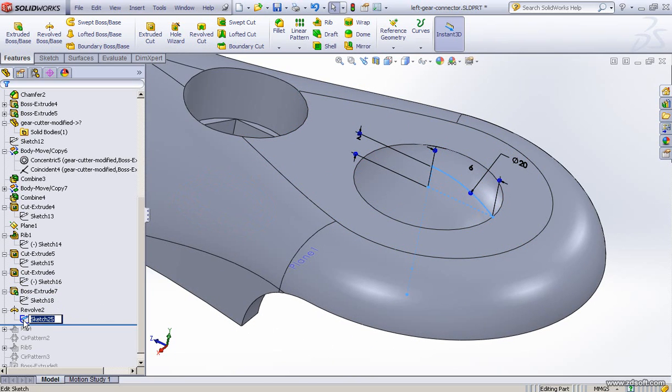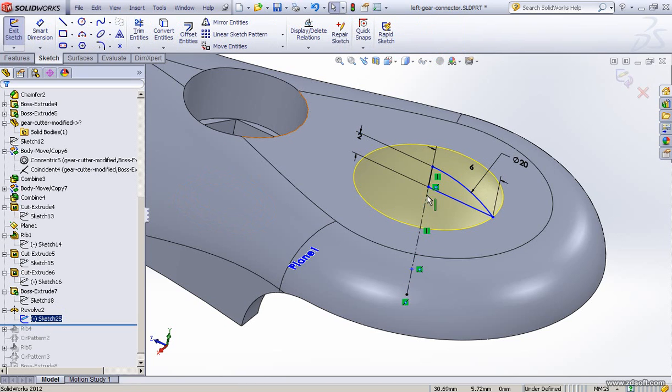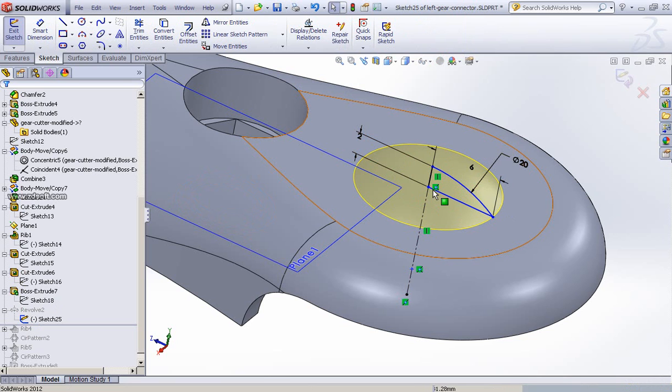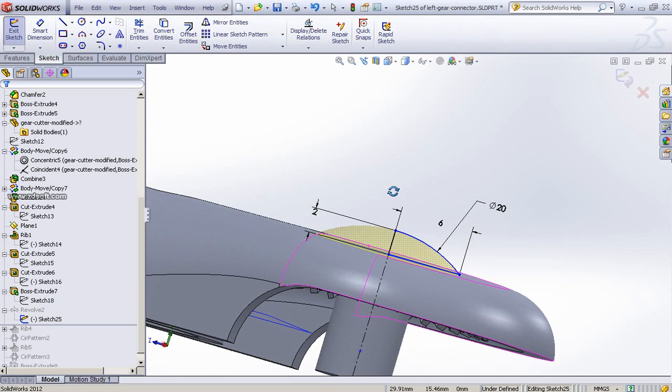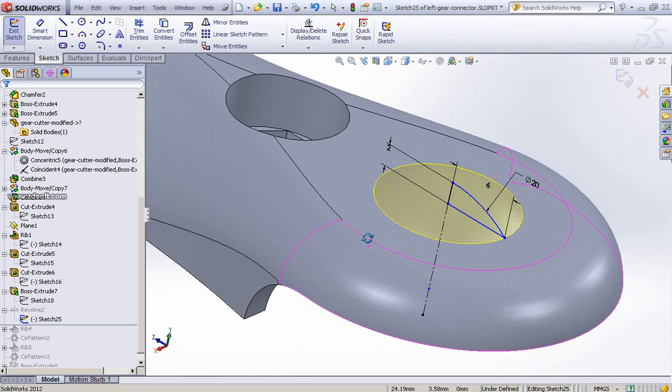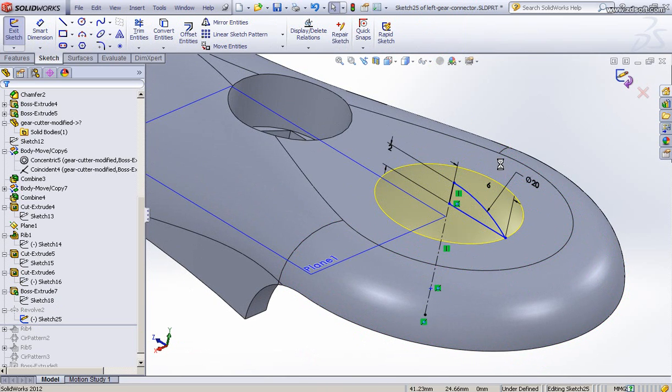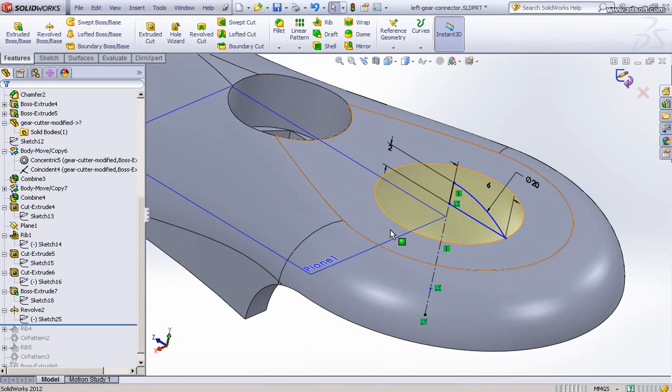Okay, if I edit the sketch, so I have some sketching here, so that it will be revolved to form a dome shape here. Okay, let me exit the sketch. Then